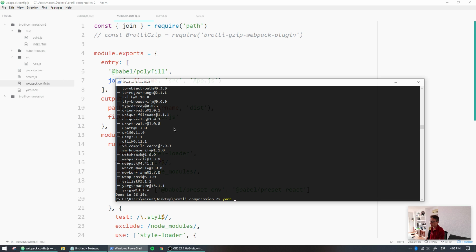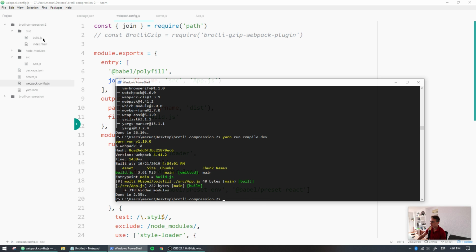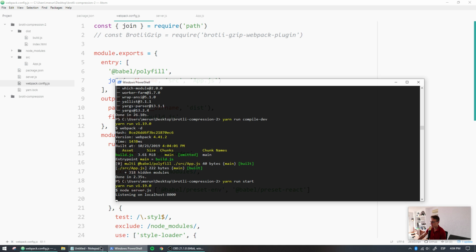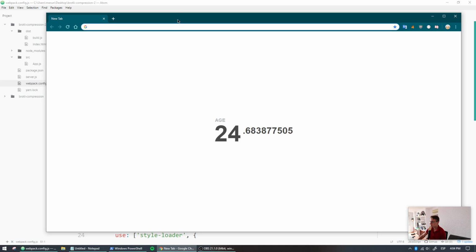All right. Now let's do again yarn run compile dev, so you can see the build.js file being generated, which is right there. And now we can do a run start to start our server. If I go to my browser,